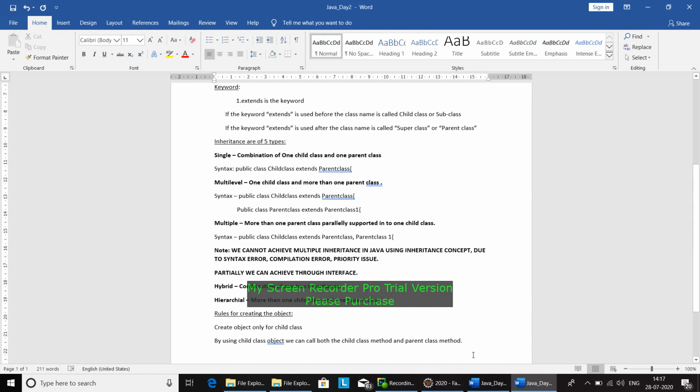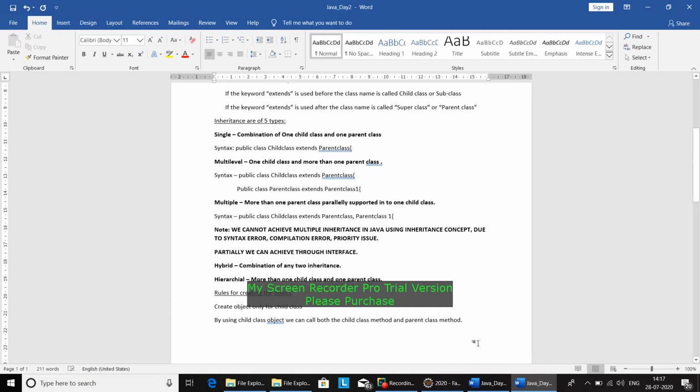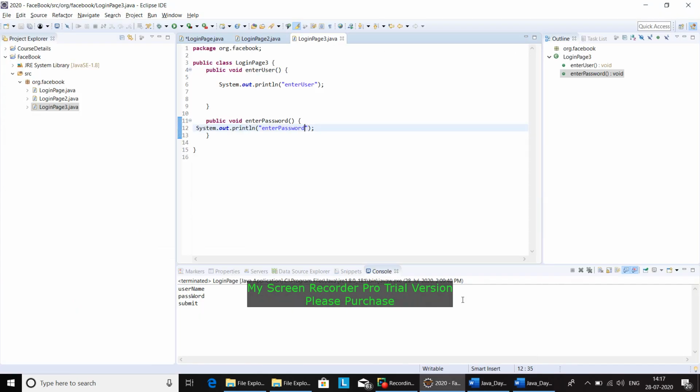We need to have the main method in the child class only. We should not create multiple main methods in each and every parent class. So remember this, the child class should have the main method.